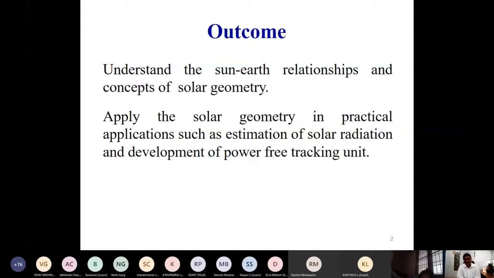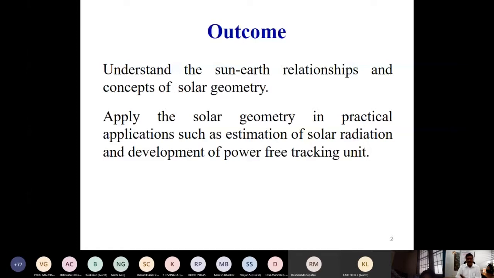Therefore, in some places or situations it is required to estimate the solar radiation, so that if the estimated solar radiation is very close to the measured value, those models can be implemented officially to assess the potential of solar radiation with respect to time, that is, at a given date, time and location. Based on these variable conditions, it is possible to estimate daily, monthly and annual values. How to develop these estimation models using solar geometry, I am going to explain,